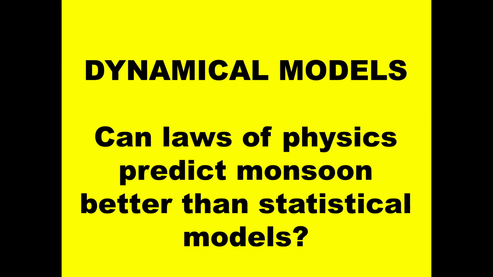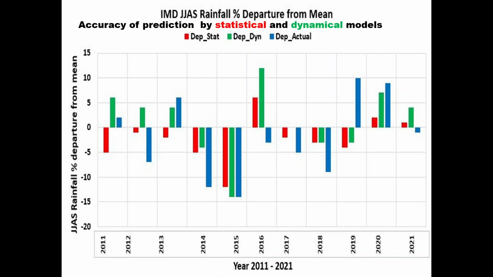Now, coming to dynamical models. The expectation was that once the supercomputers came, by using laws of physics to predict monsoon, we can do better than statistical models. And so a lot of effort and time has been spent on it. And here I'm comparing the accuracy of prediction by statistical models and dynamical models, both done by the India Met Department. And you see here that